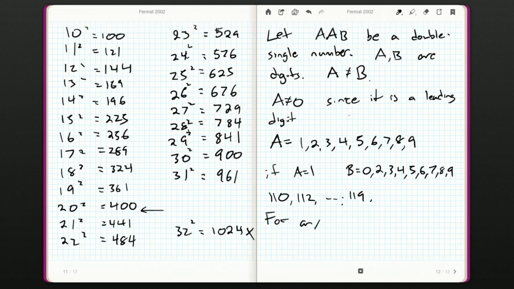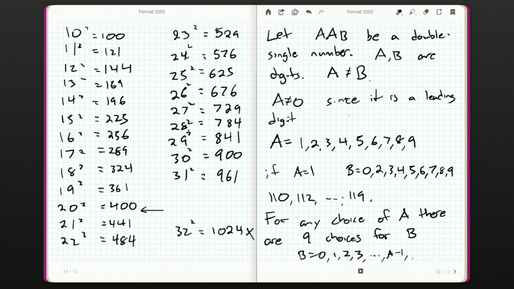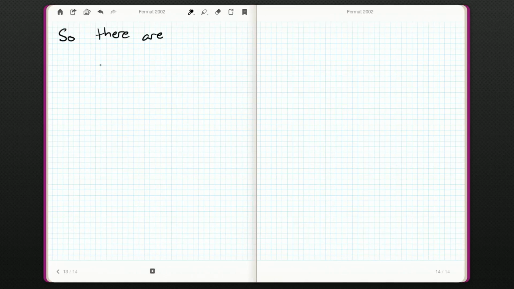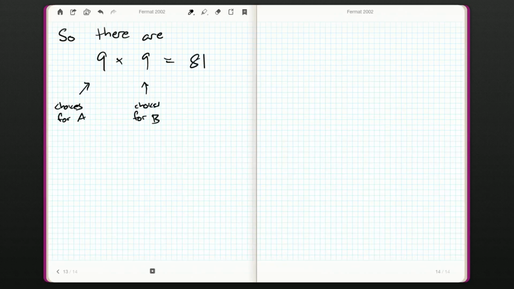In fact, for any choice of A, there are 9 choices for B. B can be 0. B will always be allowed to be 0. And then it can keep going until it can't be A, but we can keep going and get up to 9. So this is 10 numbers, all 10 digits, but we remove the digit that A is, and that's 9 choices for B. So in total, we have 9 choices for A, and 9 choices for B once we've chosen an A. We can multiply these two together and we get all pairs A, B, and that gives us a final